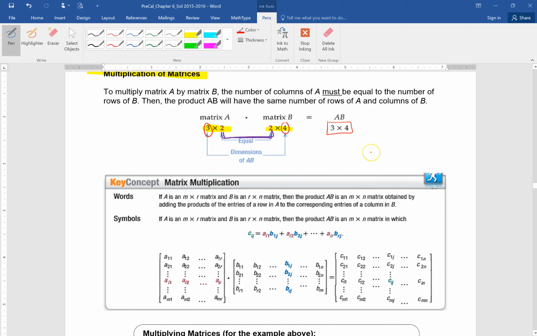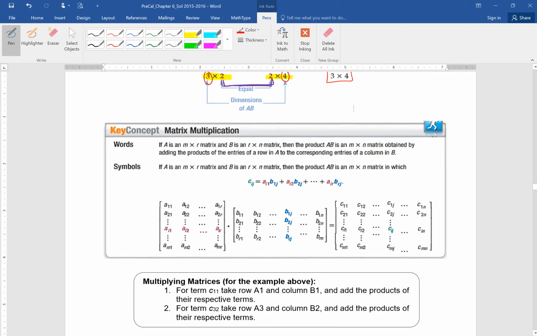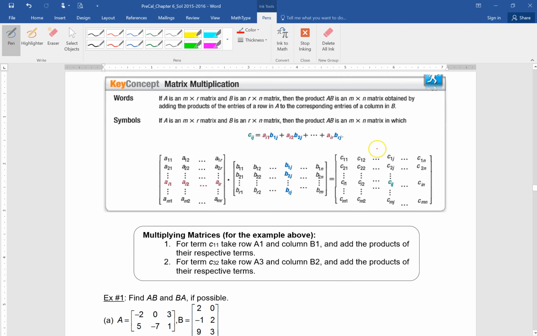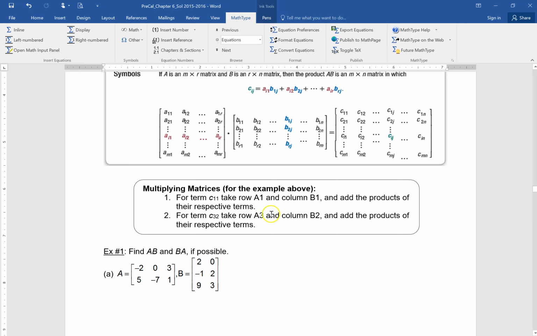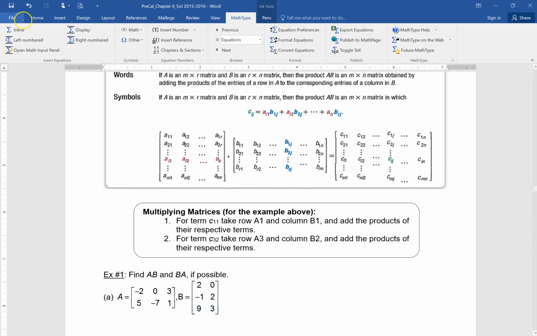The best way to really learn how to multiply a matrix is to just do an example, right? But I've given you a simplified series of steps here. So for the example above, for this example right here,